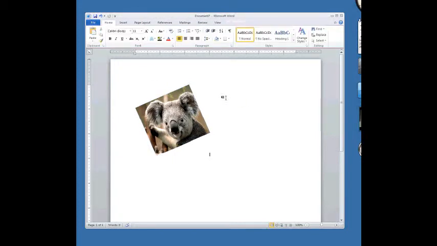Now notice our cursor is down here at the moment, and that's okay. That's where our text will go if we want to type something about the picture, or maybe insert another picture there. If you insert a picture right where the default cursor winds up after you insert the picture, then your pictures will probably be touching each other. If so, you hit your spacebar a couple of times and move it over, and then you can insert another picture. So we'll go back up to the menu to Insert, go to Picture,